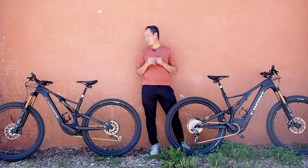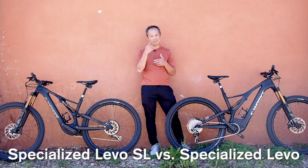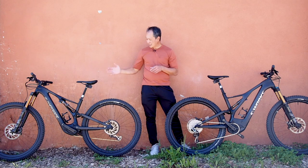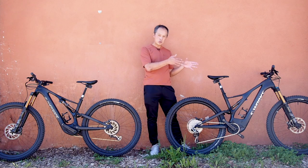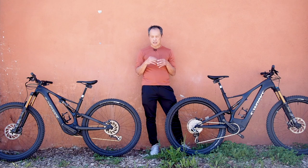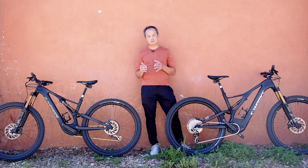Today we're going to talk about the Levo SL and the Levo, compare them, see how they're the same and how they're different, and hopefully help you find the right bike for you. So the Levo SL was introduced about a month ago, and it's not meant to replace the Levo, which was introduced about 2 years ago, but they're born out of the same genome, the Stumpjumper with 150 millimeters of travel front and rear. And they're both class 1 e-bikes,